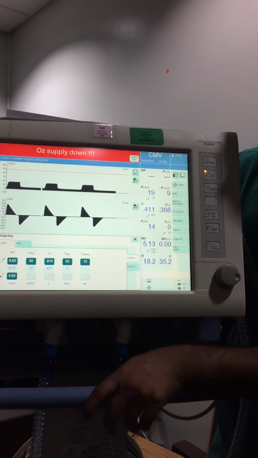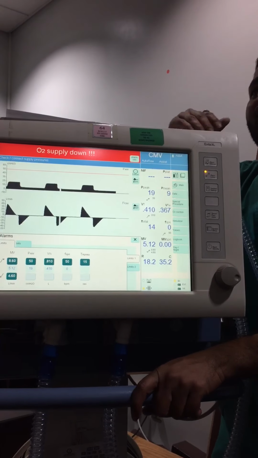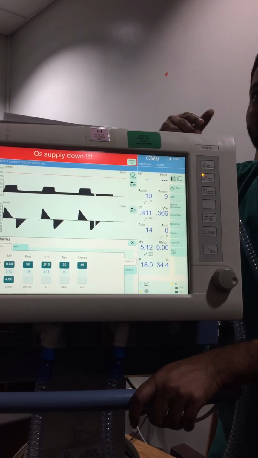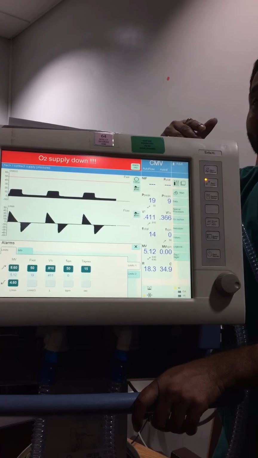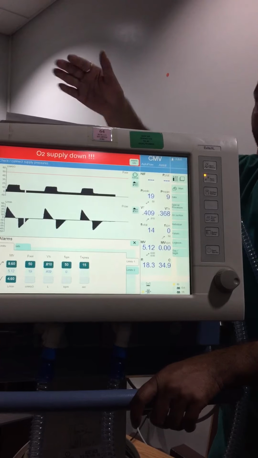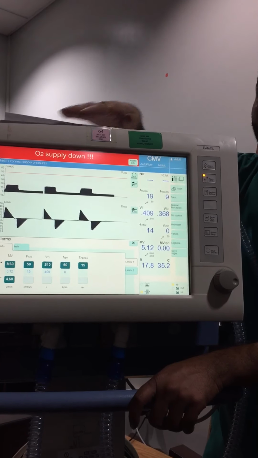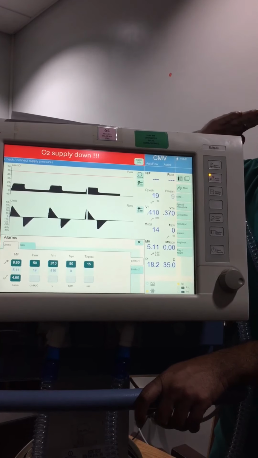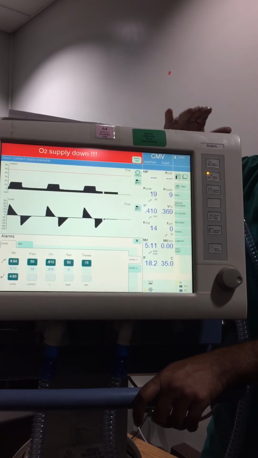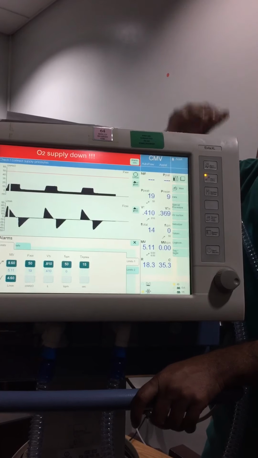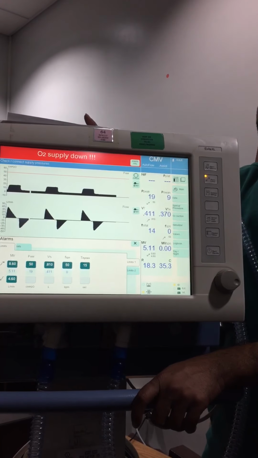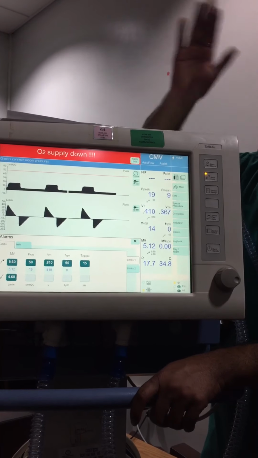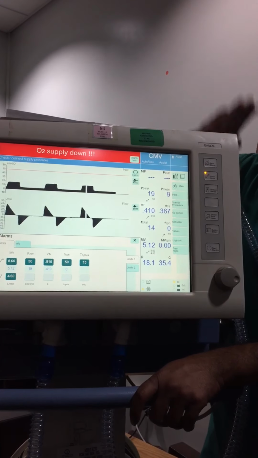And frequency. Usually the frequency alarm is kept at around 50. Like, if the patient normally takes 20 breaths per minute and sometimes goes more than that, it will give the alarm. So it will prevent tachypnea. All the alarm settings are to prevent complications. If the patient has a high respiratory rate, what will happen? At one time there will be fatigue. So the machine will give you information and it will stop, preventing the high rate.